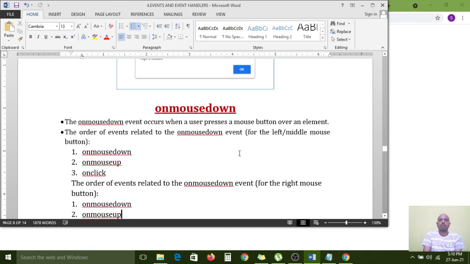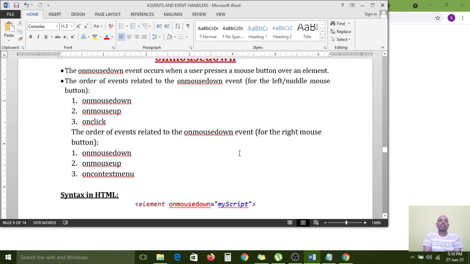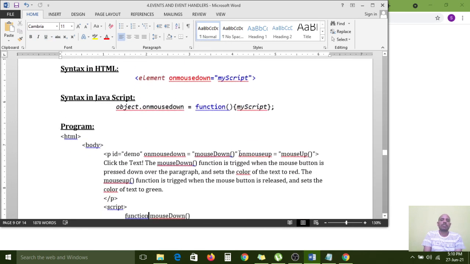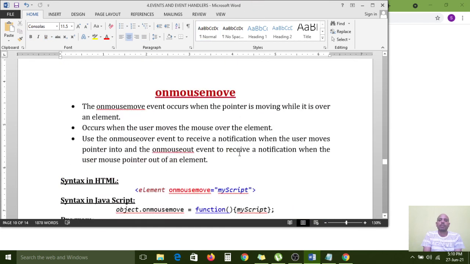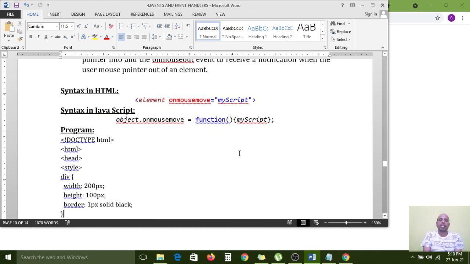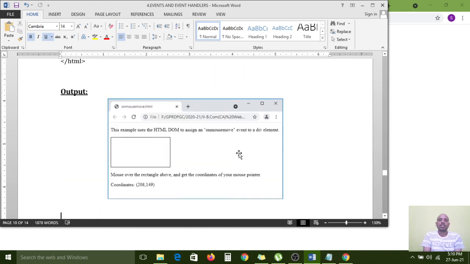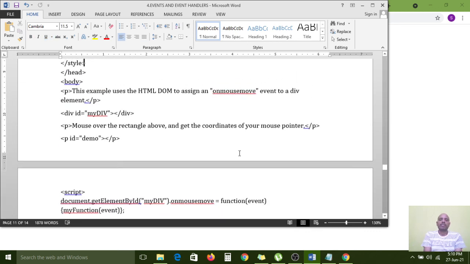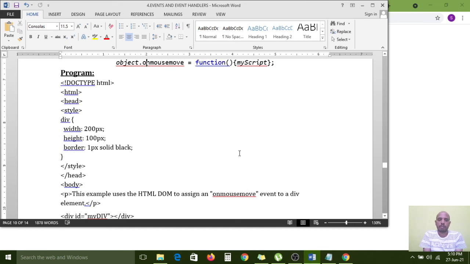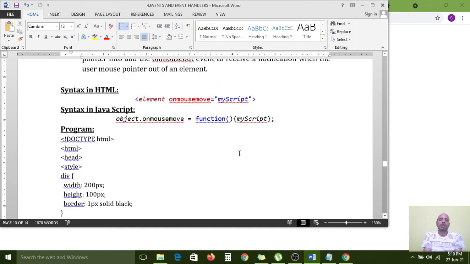Next are onmousedown, onmouseup, onclick. Everything you have to treat like that. Here I have given a number of events and practical problems. You had better practice. On mouse move, here I have given examples also. Till now I have explained every problem in the practical way, but now we don't have time to do that. That's why I have practiced and given the problems here with the programs. So you had better practice at your home.